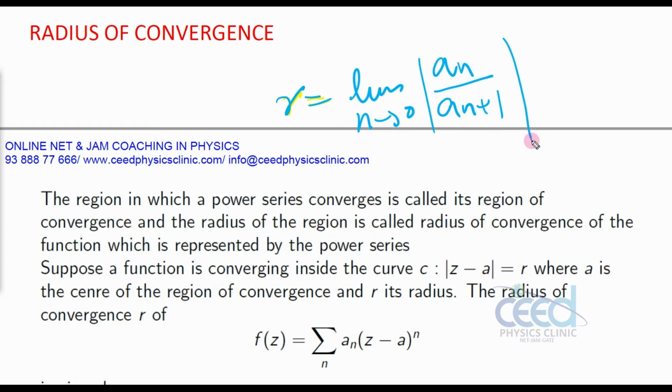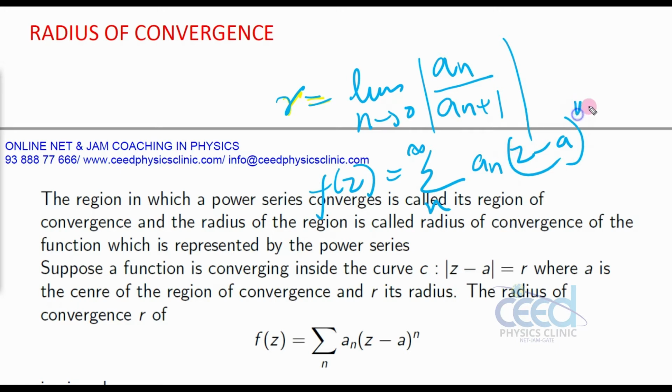Any complex function we can represent as a power series, that is f of z is equal to sigma n is equal to 1 to infinity a n times (z minus a) whole raised to n. Here f of z is a function of z with some constant added to this z. That may be in any format. Using this a n, we can find the radius of convergence that we have studied.